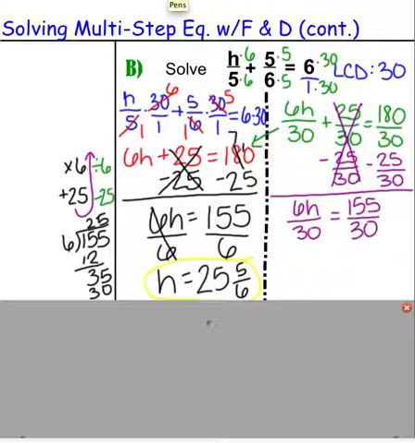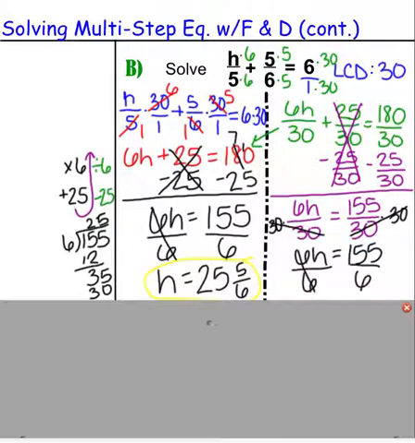Now, some of you look at this and go, oh shoot, I'm gonna have to do all sorts of work. Well, one of the things you can do is clearing the denominator kind of in essence by saying, well, first this is h times 6 and then divide by 30. So I'm going to undo the divide by 30 by multiplying by 30, which then gives us 6h equal to 155. And then we're right back where we were before, dividing by 6 to give me h is equal to 2